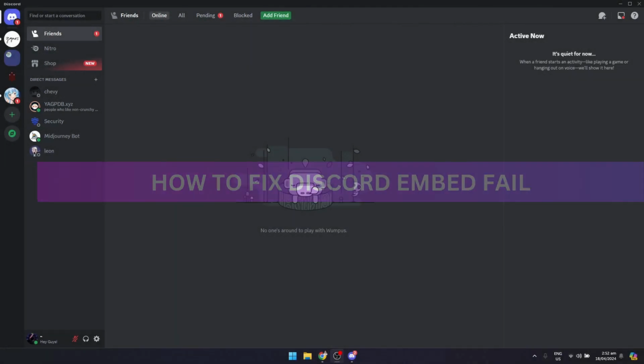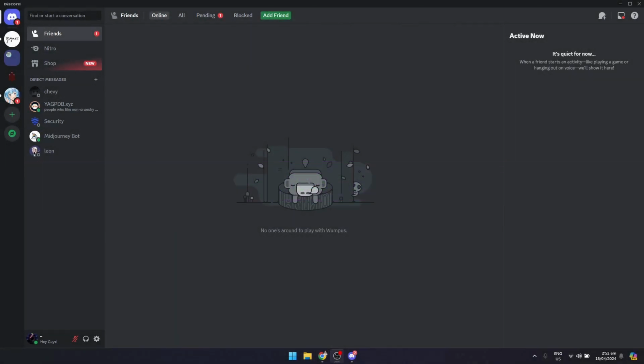So first and foremost, make sure that the server or channel that you're in allows you to send embeds. To know that, you basically need to contact the admin or server owner if that particular channel has no embed permissions or stuff like that. But to fix this, and you've already asked the owner or something, or you already know that you can set